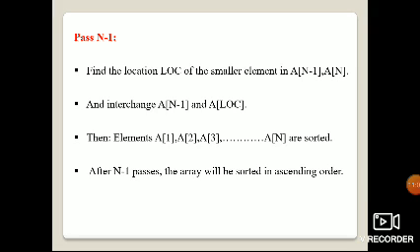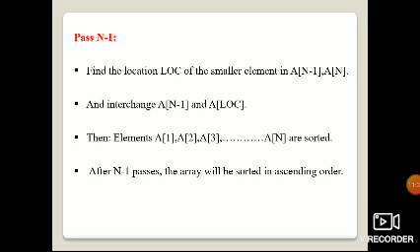Pass n minus 1: find the location of the smaller element among A of n minus 1 and A of n, and exchange A of n minus 1 with the element at loc, the last element and the last location, that is a swap.